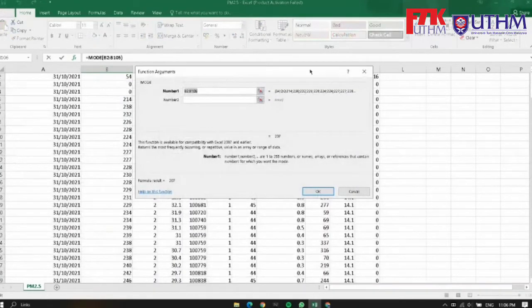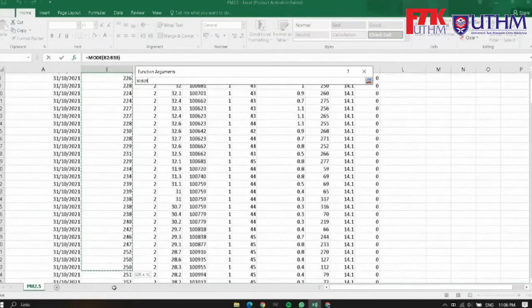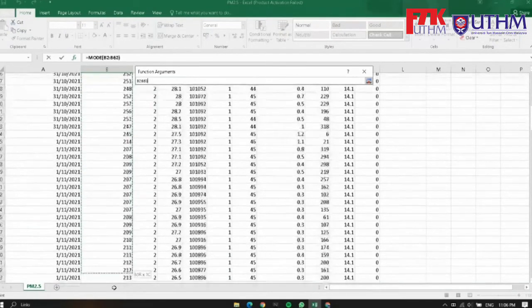Now this dialog box will appear where you have to select the columns of values that you want to use for finding mode. Click this button right here. As you can see, you can select the value that you want. In this case, it is concentration.